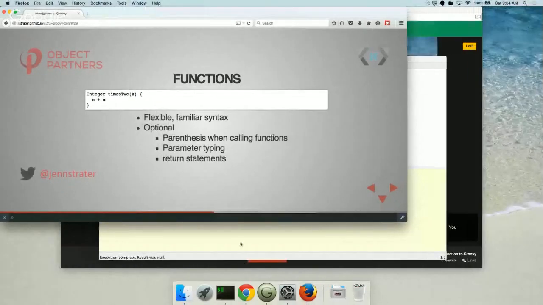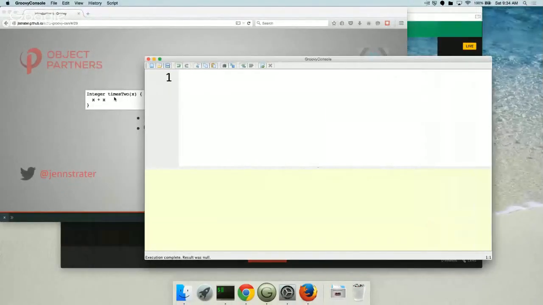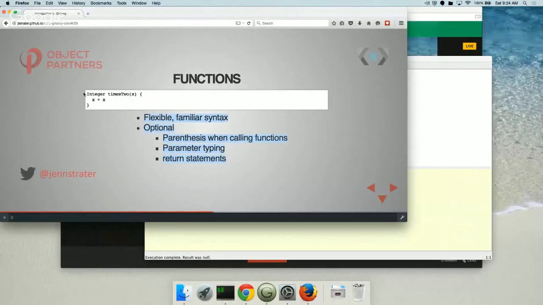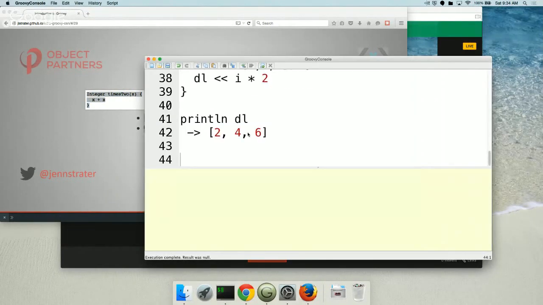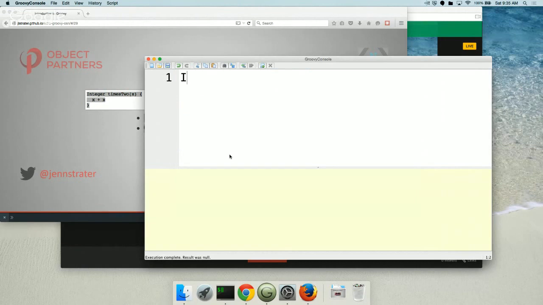Okay. So if I'm going to copy this. And it did take all of it. So I could do integer or I could do def times 2 of x is x plus x.